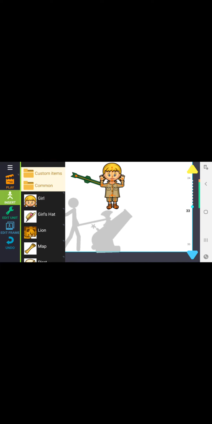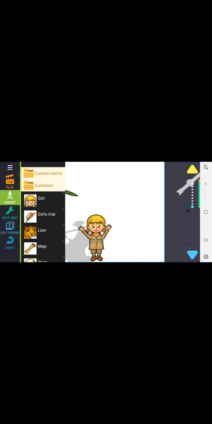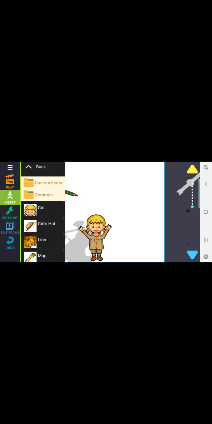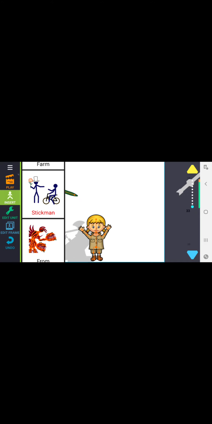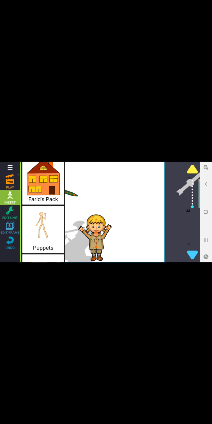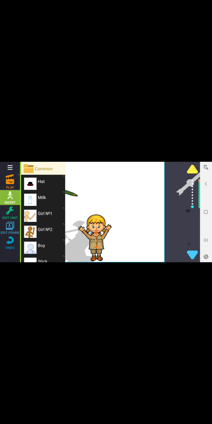And then I decided to put Dora the Explorer with her hands up because she's about to get shot by a Russian soldier. And then I decided to figure out where the Russian soldiers are.